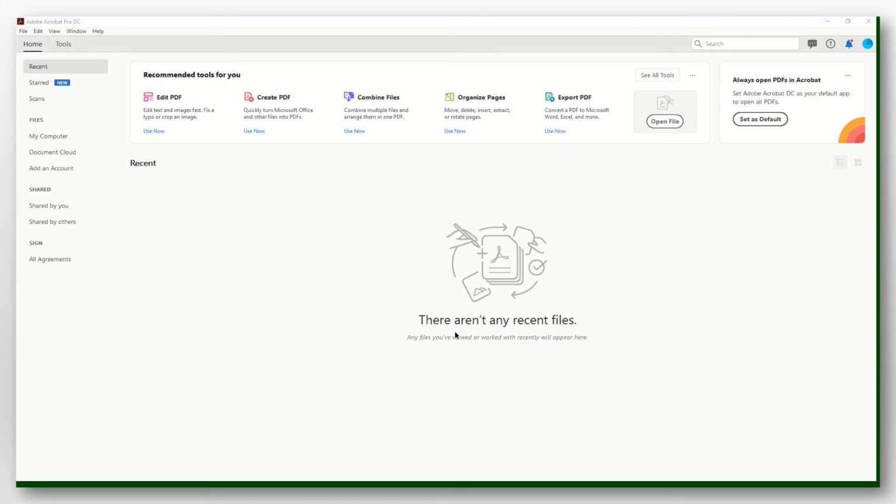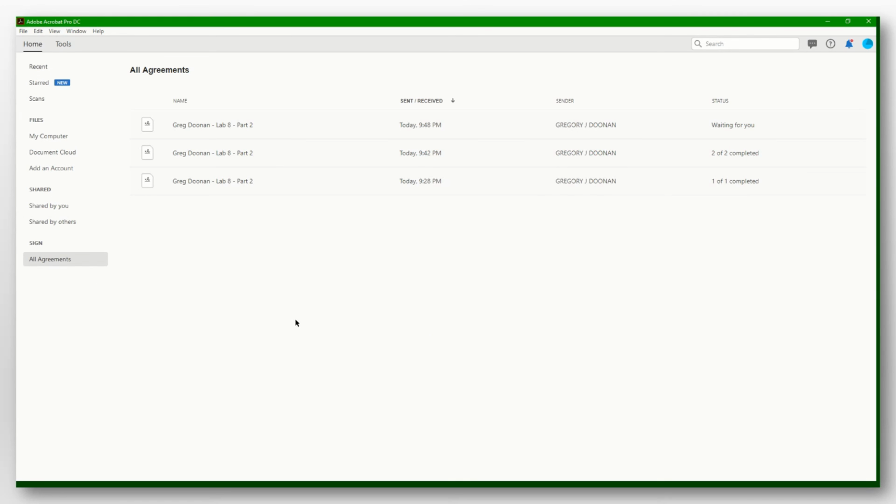For the second signature, you can actually do this from your Adobe application. Now, I've closed the file that I just sent, and I'm going to go down from the home page, from the Recent to the All Agreements. And you'll see that this one on top says Waiting for You. The other two are previous tests of this. If you click on that,